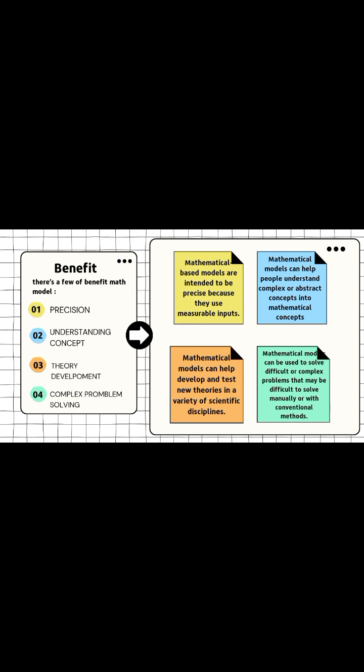Mathematical models can help people understand complex or abstract concepts by turning them into mathematical concepts. Third, theory development. Mathematical models can help develop and test new theory in a variety of scientific disciplines. And fourth, complex problem solving. Mathematical models can be used to solve difficult or complex problems that may be difficult to solve manually or with